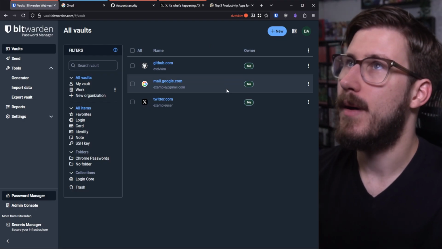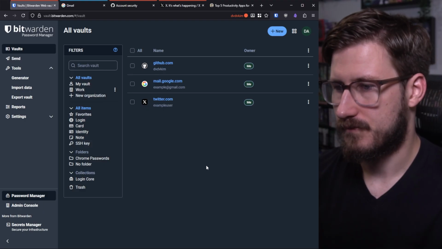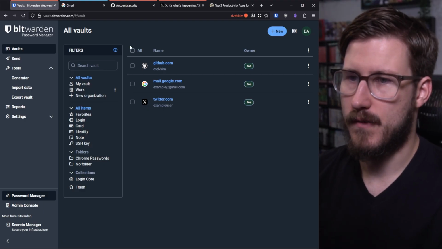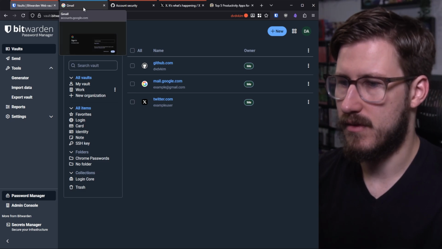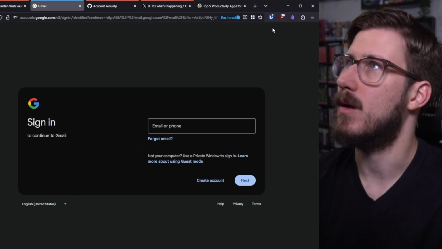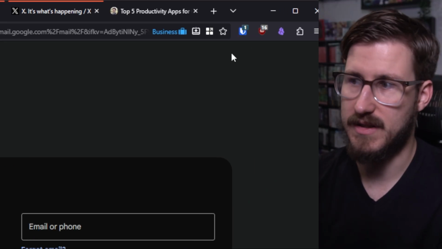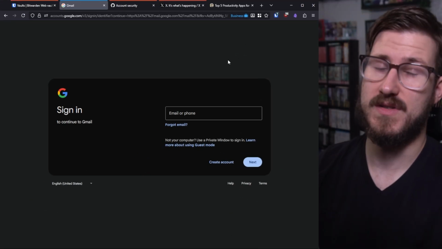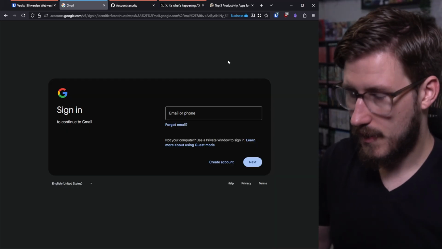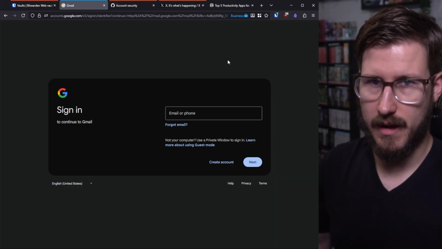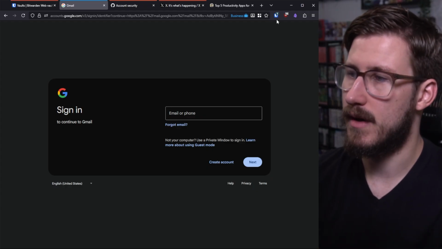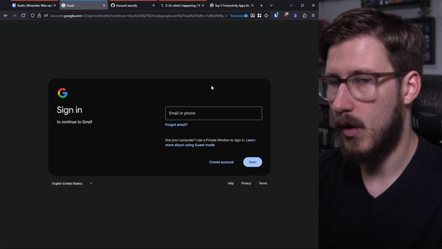So now that we have our passwords included in here, I'm going to show you how it works practically to use. If I were to go to a tab with one of the saved passwords, you're going to see a 1 appear up here on the Bitwarden symbol because I have the extension installed. That's another important step. Make sure you have the Bitwarden extension installed in your browser and you have the mobile app installed on your phone. Those are crucial steps. But you'll see this number 1 is here, which is great. And all you have to do is press